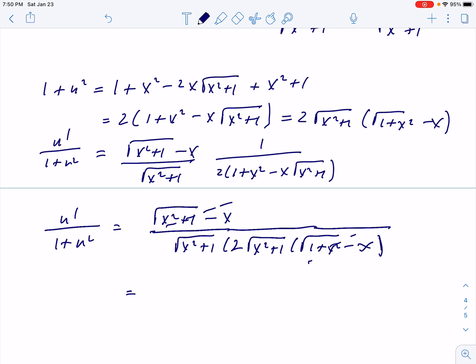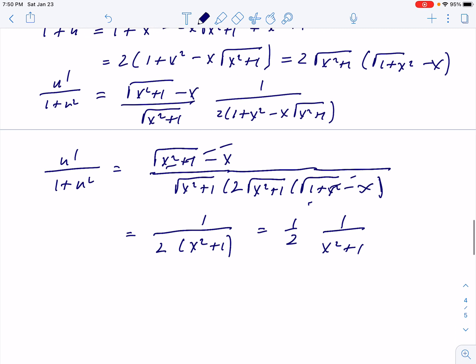And what will be left on the top is 1, and here we have factor 2, and the 2 roots multiplied will give you x squared plus 1, which I can write like 1/2 1 over x squared plus 1. This is our derivative. H prime is 1/2 1 over 1 plus x squared. That's our answer. But I don't want to stop here, because what you see in the answer, that's the derivative